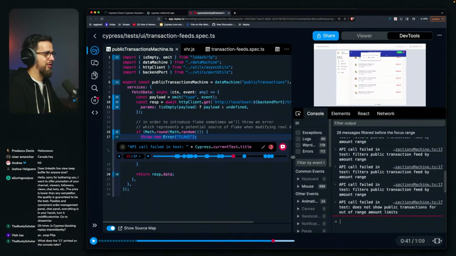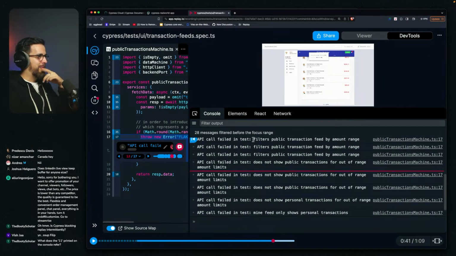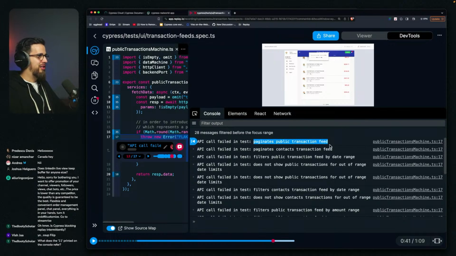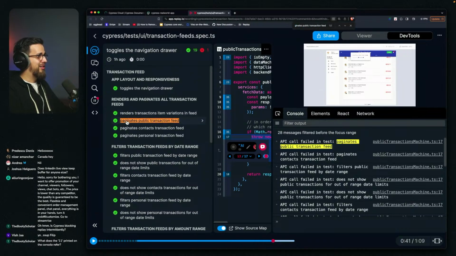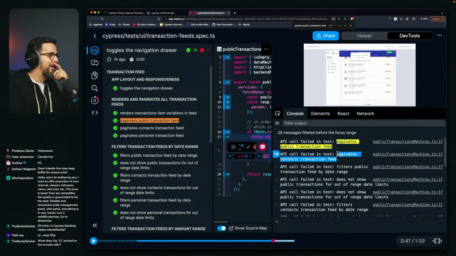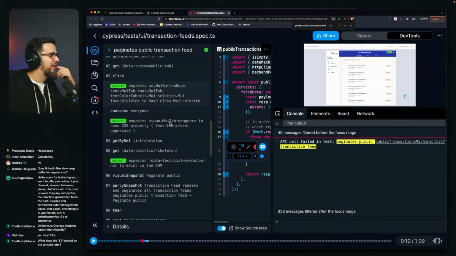Let's take a look into the console. API call has failed in test filters, public transaction, paginates public transaction feed. So in this test that has actually passed, we actually get 2 failures, but the test will still pass. Which is interesting,